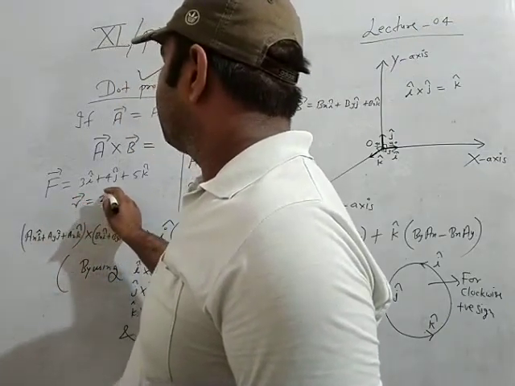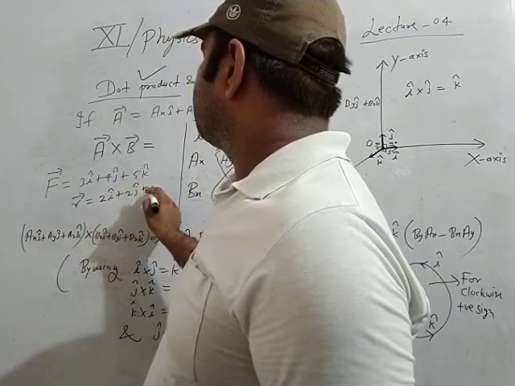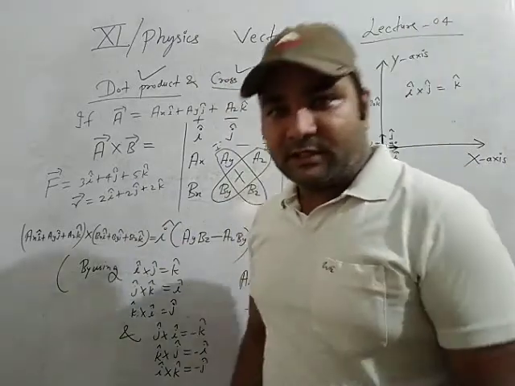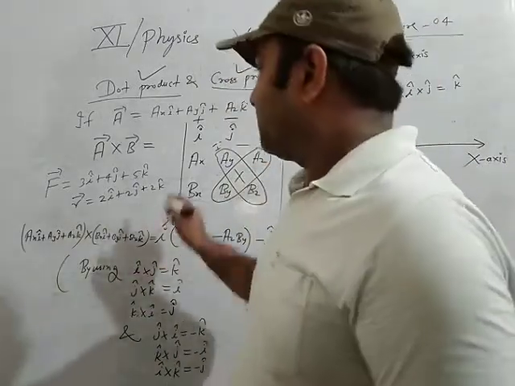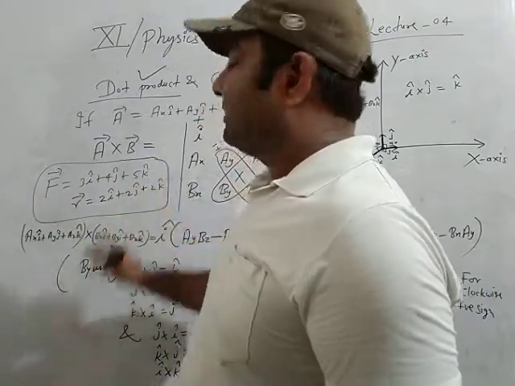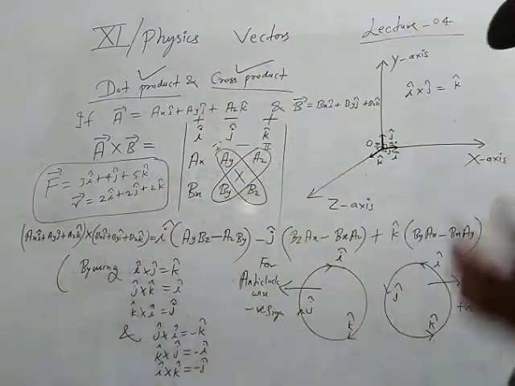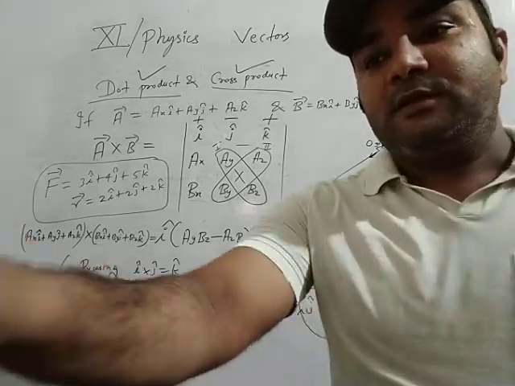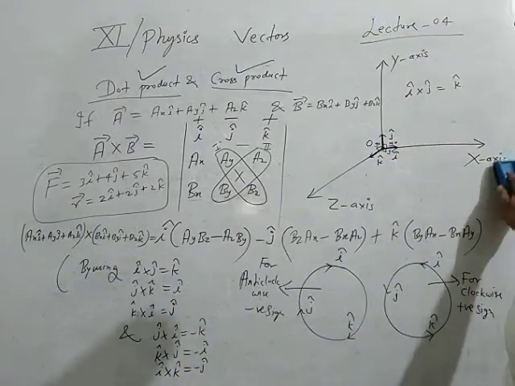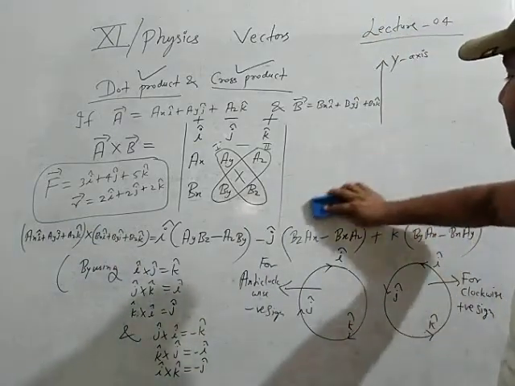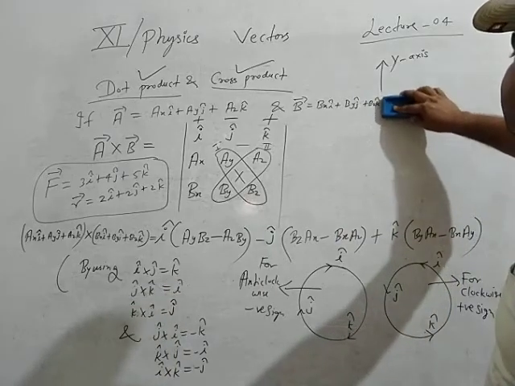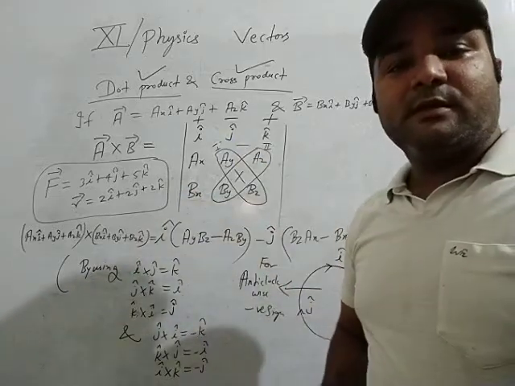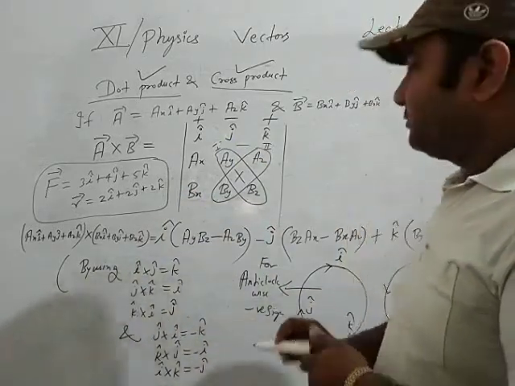That is 2i plus 2j plus 2k. Then what will be the turning effect of force? I will say that torque. With the help of this concept we have to calculate torque. And the torque concept is totally based on the cross product of two vectors. Let's see how the cross product of two vectors will be done. Very easy concept. Whenever this rectangular array concept is clear, then you can find out the cross product.